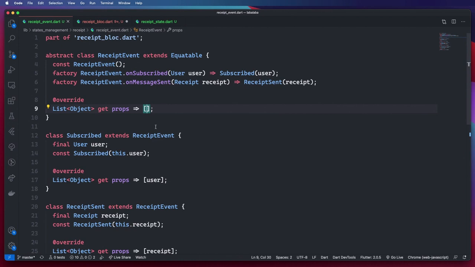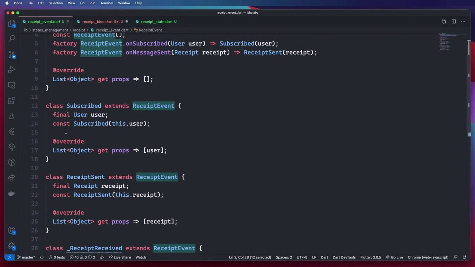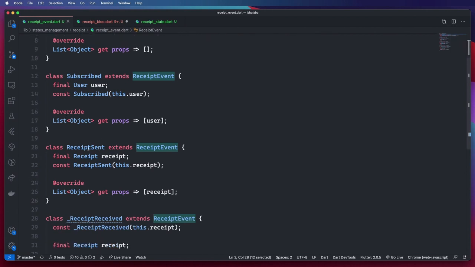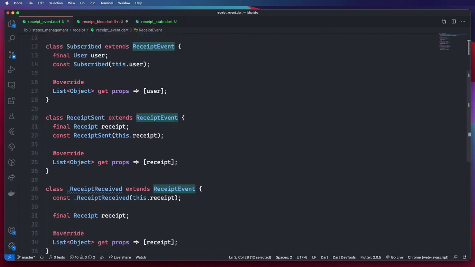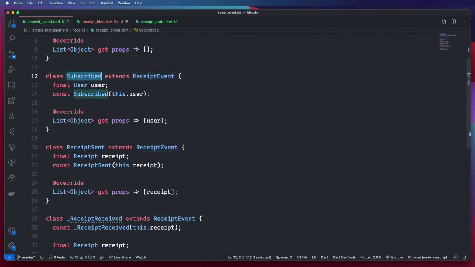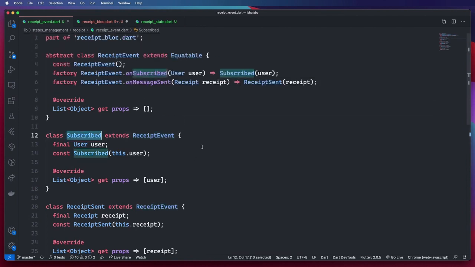So I've gone ahead and refactored this event class to have receipt event instead of messages. And again, it's the same thing as the message event class, but instead of message event, it's handling receipts and dealing with receipts. So we have receipt sent, and we have receipt received, and we have the subscribe event to